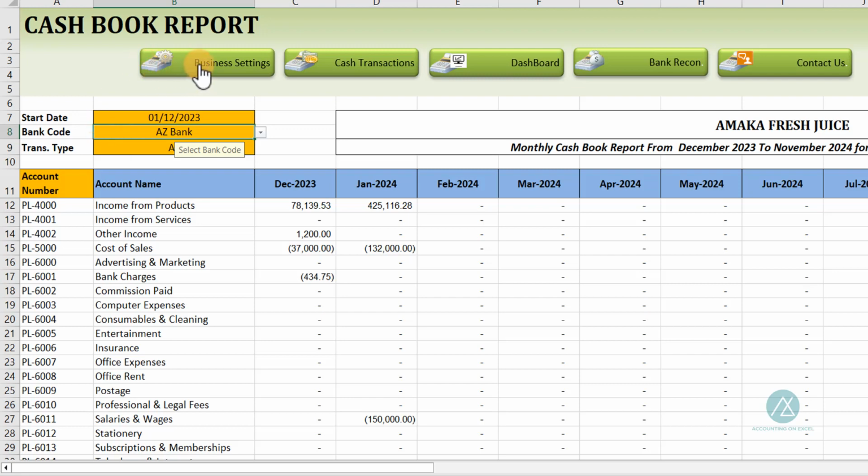Just as we saw in the settings section, you have leverage to have different banks. So I want to generate statement for transaction that I made through AZ Bank. And what is the transaction type? It can be all. So you may say only deposit, all the deposit that was made from 1st December